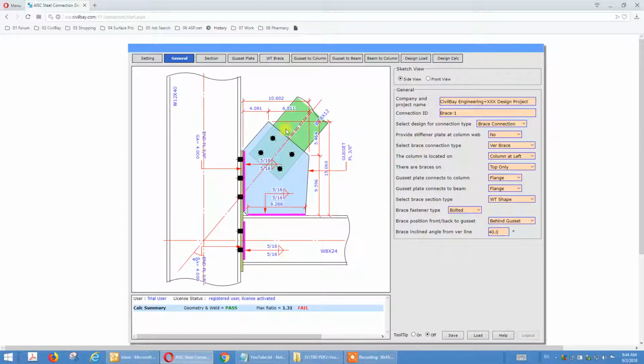All right, so we isolate this part as the first introduction on the brace connection, and under the general tab, this interface, I introduce all these inputs here. They apply to all the coming tutorials when the brace is applied in different locations. So that concludes my first part of brace connection,